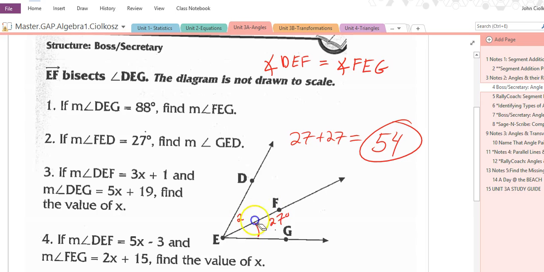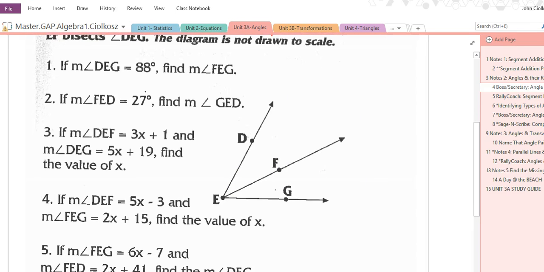Labeling these diagrams is probably the most challenging part of any one of these angle problems. So make sure you take your time and draw neatly. So again, still bisecting, so we know these are the same. So we have DEF is 3x plus 1. DEG, so that's my whole thing here, is 5x plus 19. Well, we're finding x. Well, if this is 3x plus 1, this is too. So 3x plus 1